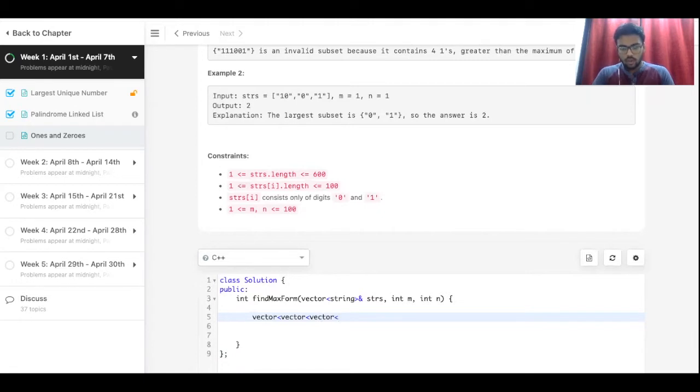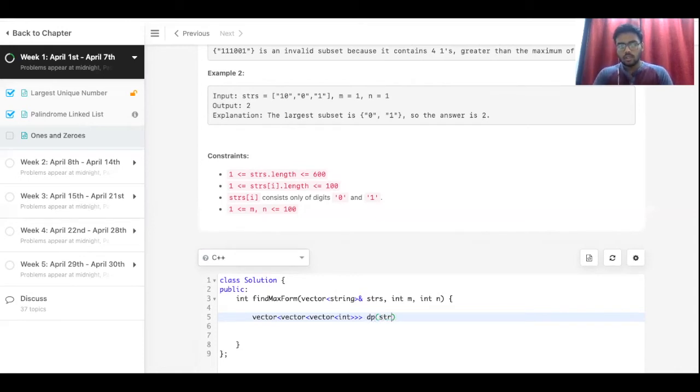So vector int. So basically what will be the parameters of the 3D vector? First would be strs' size, then we'll be having n's parameter and m's parameter too. So we'll be considering these three parameters.